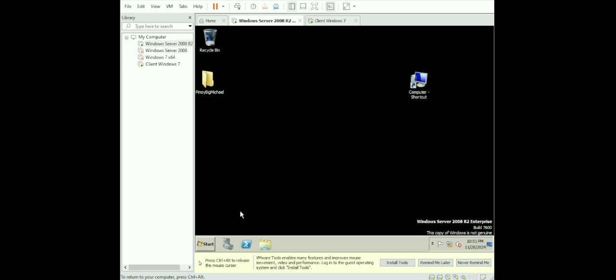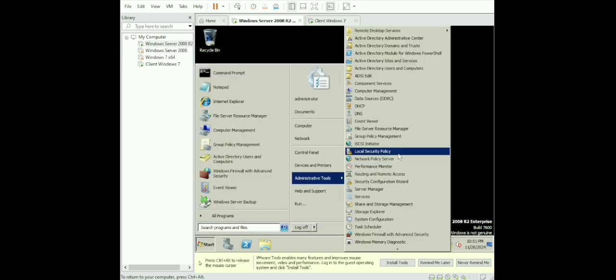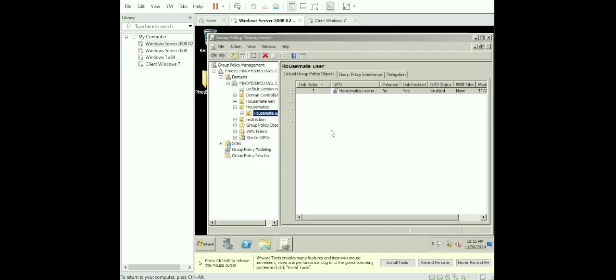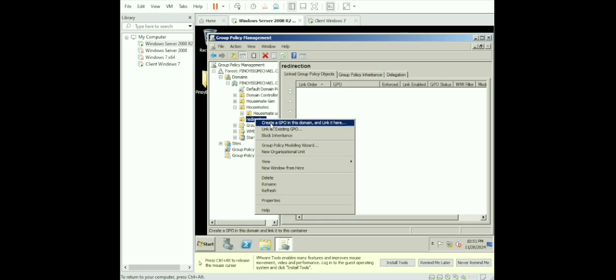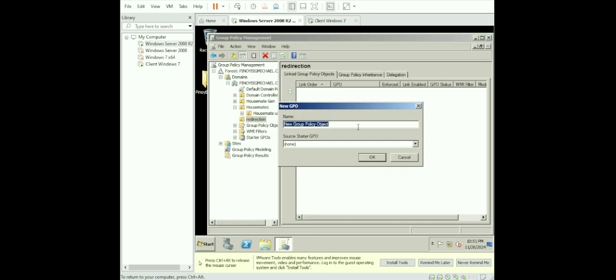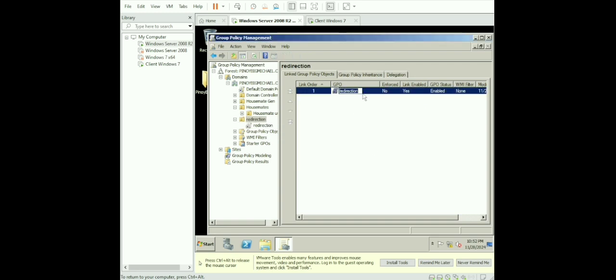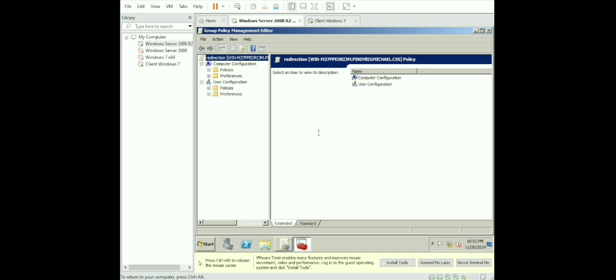Then next is to administrative tools, then go to policy, then open the redirection folder, then create the GPO in the domain, then rename it with redirection, then OK. Then where you can see the GPO redirection name, then edit, then here we can see,